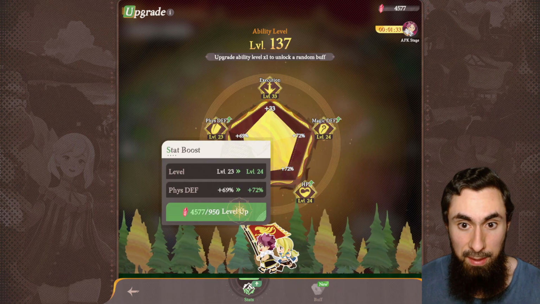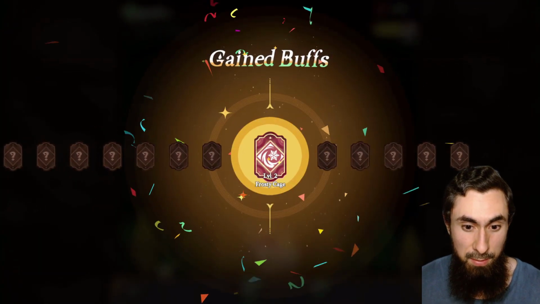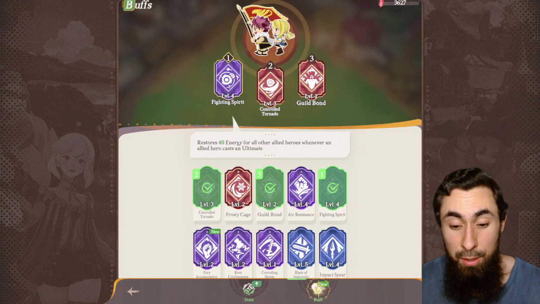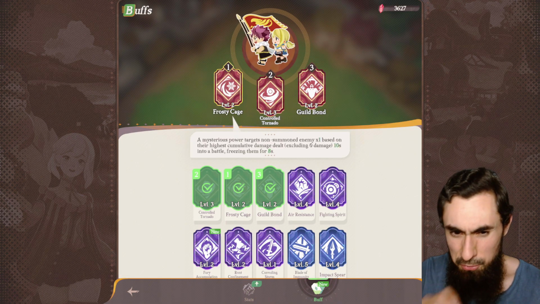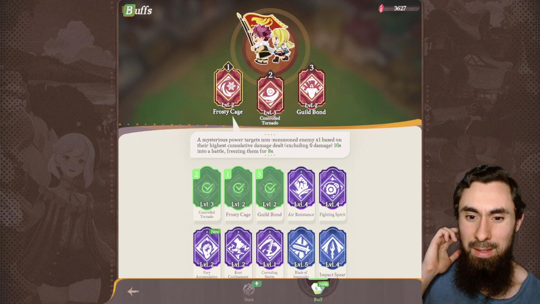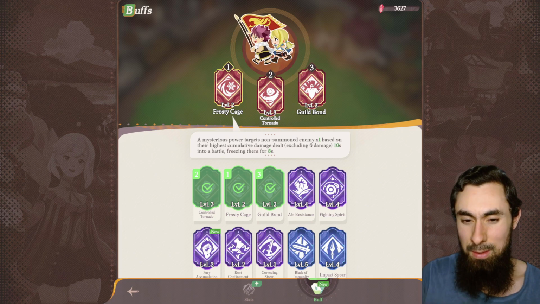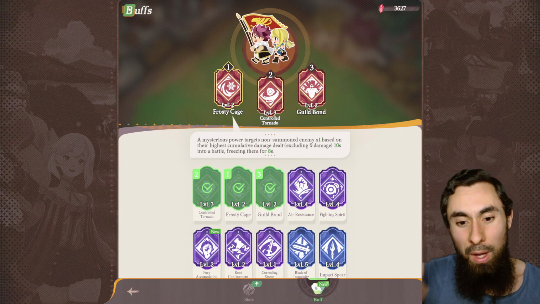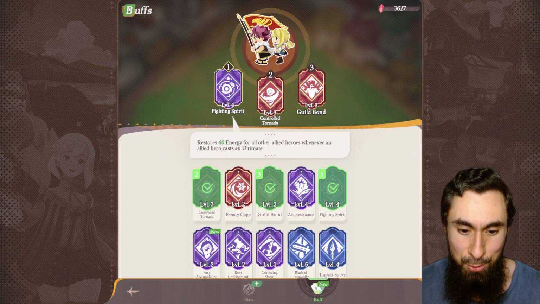And we don't know exactly how many adventures are going to be in total. Currently, we're on Adventure 6. Adventure 7 is going to unlock tomorrow. You might be thinking about Frosty Cage. I'm not a big fan of Frosty Cage. A mysterious power targets a non-summon enemy and freezes them. It originally was freezing them for 5 seconds, now it's freezing them for 8 seconds, but it's only one enemy. I prefer this Fighting Spirit, which can keep giving energy to your entire team